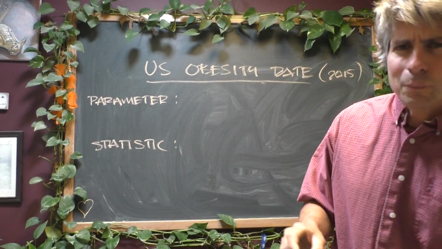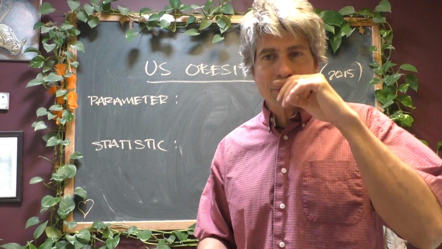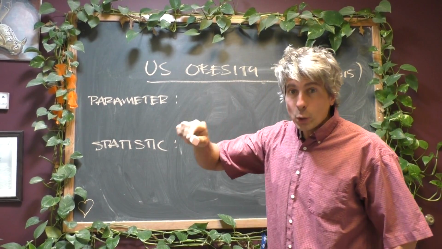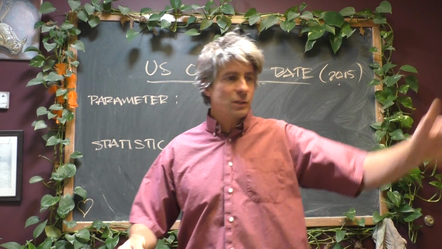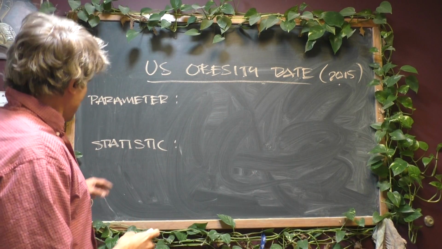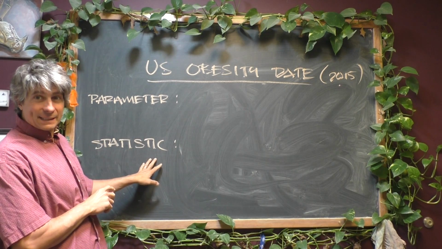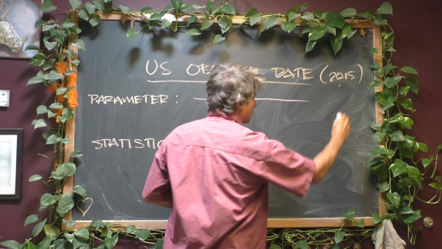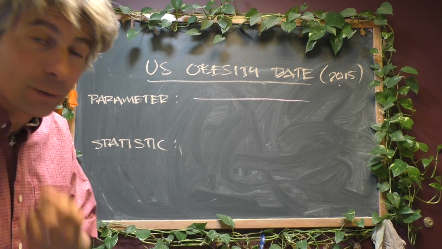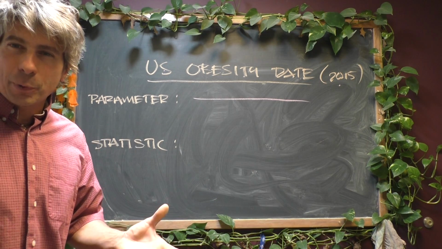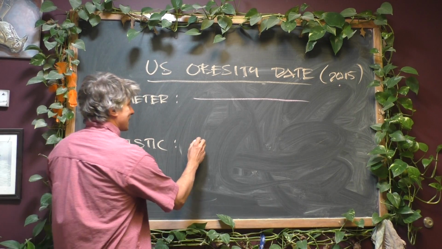Okay, friends, so let's chat about this idea of a margin of error and what that 28% actually is measuring. We want to know what the US obesity rate in 2015 is, or in that case, was. There's two ways you can measure it, as we've just now discussed, via parameters or via statistics. But parameters, I'm just going to draw a line through, because the only way we could have possibly gotten a parameter or a parametric value is if we measured every single person, which we didn't do. So we know it's not a parameter. So that means it has to be a statistic, the 28%,